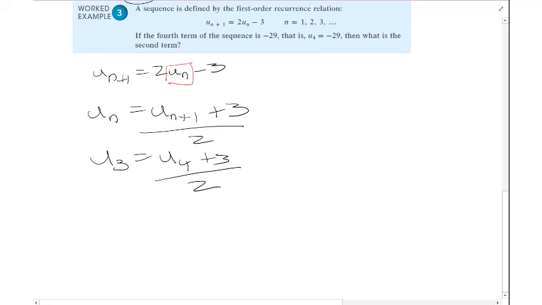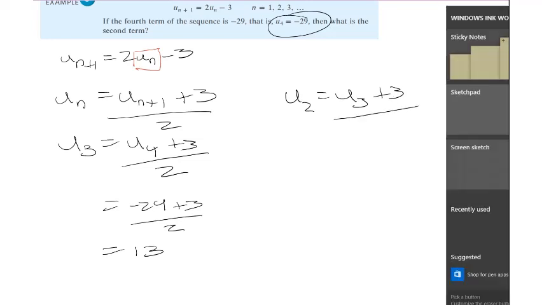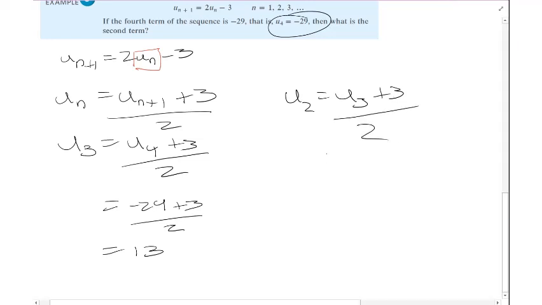Well, we're told what U4 was. U4 is minus 29. So minus 29 plus 3 divided by 2. That's minus 29 plus 3 is minus 26 over 2 is 13. And I want the second term, so it's going to be the same, equation is written the same way. U2 equals U3 plus 3 over 2. Oops, U3, that's a negative 13, was negative 13, so that becomes negative 13